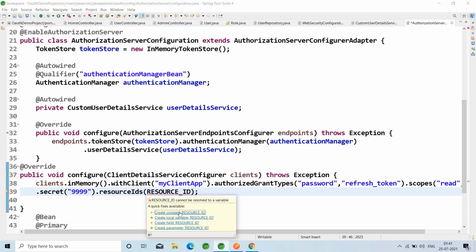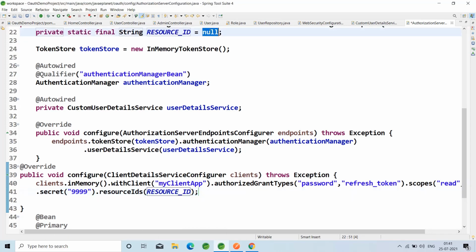Create a constant, that is RESOURCE_ID, so that we can use this resource ID in the resource server configuration class. My rest service, I'm taking this. In order to connect the authorization server configuration and resource server configuration, we are using this resource ID. Control shift F to format and control C.